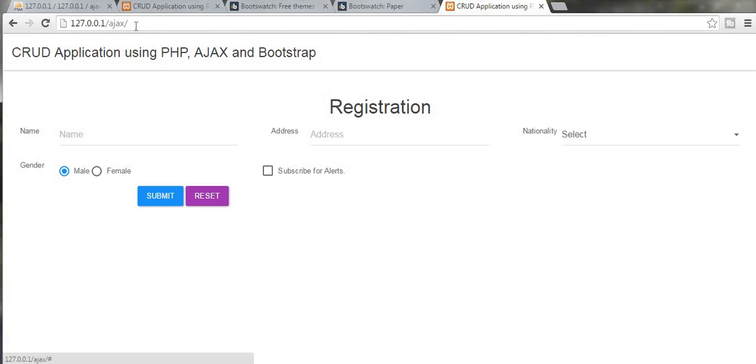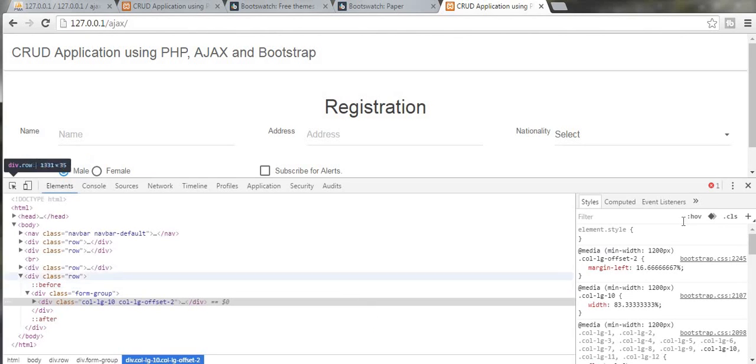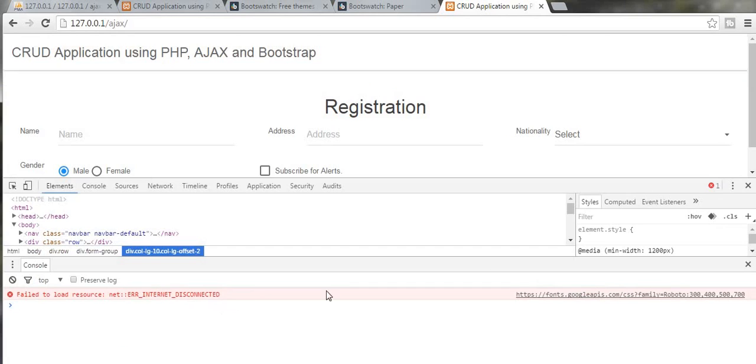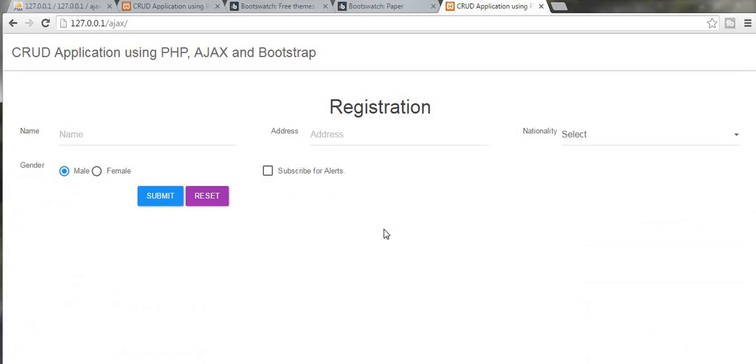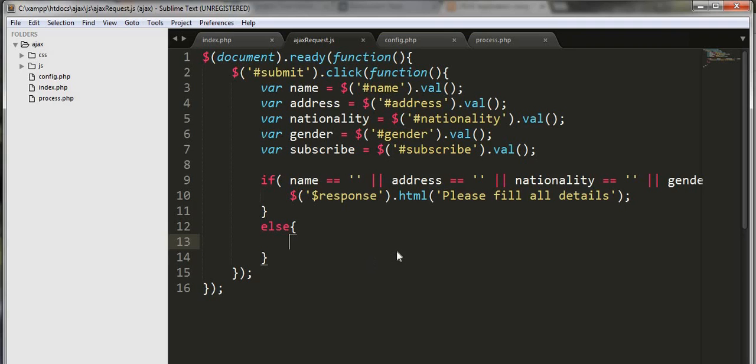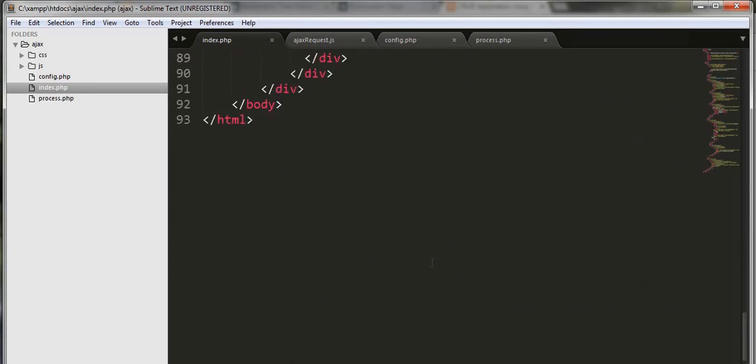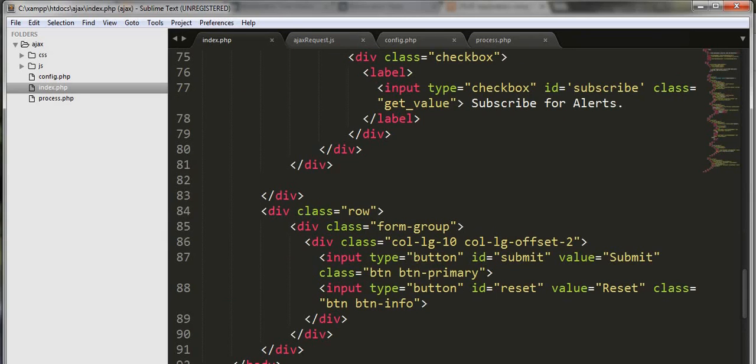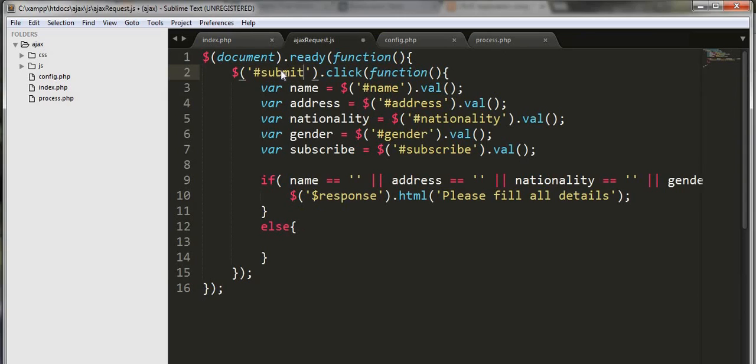let's just check it out, refresh our page, and when I click on this, okay, I'm not getting any response. So let's just right click and see. Okay, here I don't have such error here. Okay, so submit ID, submit button ID. Okay, button ID submit, copy this, paste it here. Okay, but click